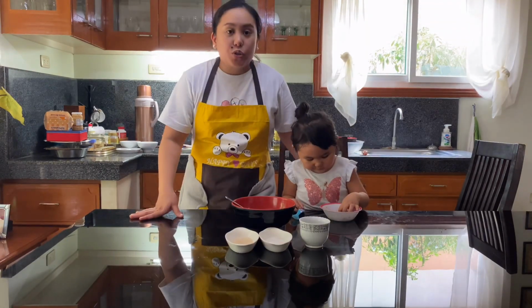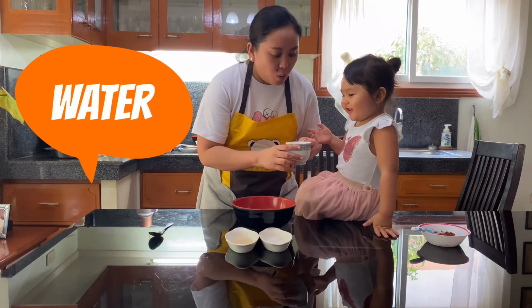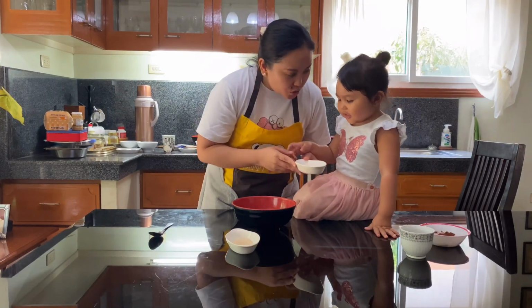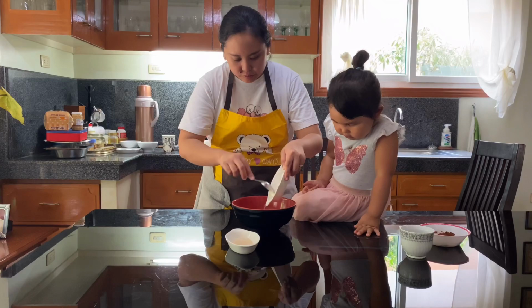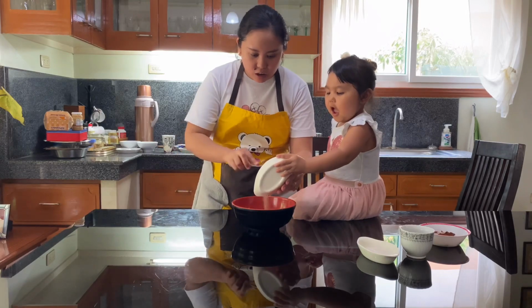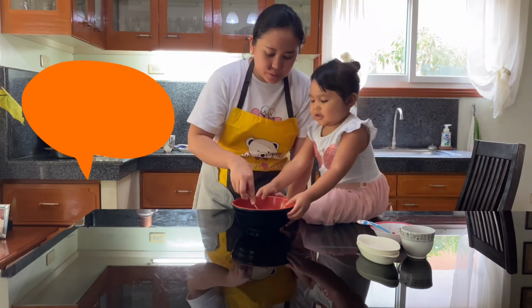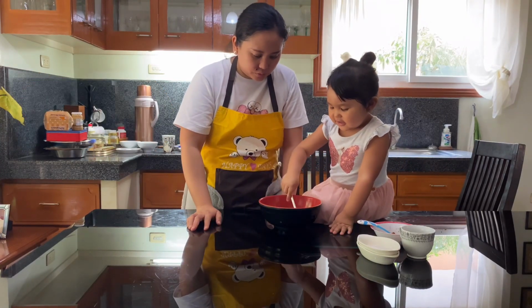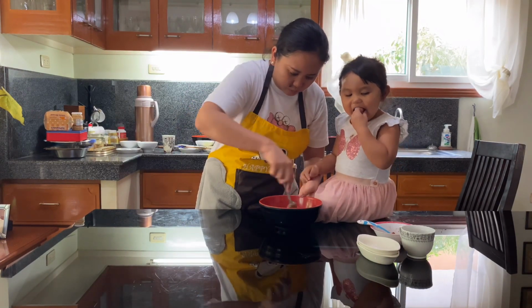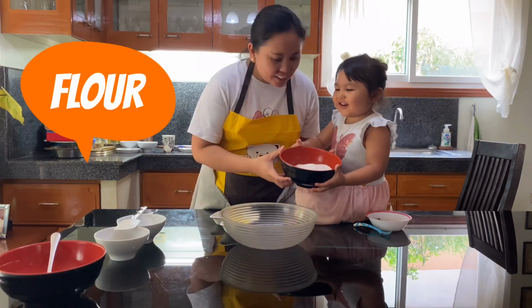So first, we are going to make the dough. Next is... So we let the yeast bloom. So we set aside the yeast mixture. Next is...